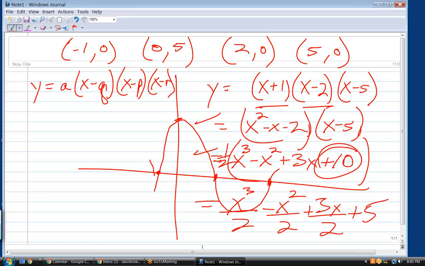In other words, if that goes through 5, well, the other function that we would be talking about would be this one here, which has the same 3 zeros, but it's not the same function, and it has a different y-intercept. So you solve for A by figuring out what the constant would be and what we know it to be. We know the y-intercept is 5, not 10. So we need to make A whatever it has to be for that to be 5.